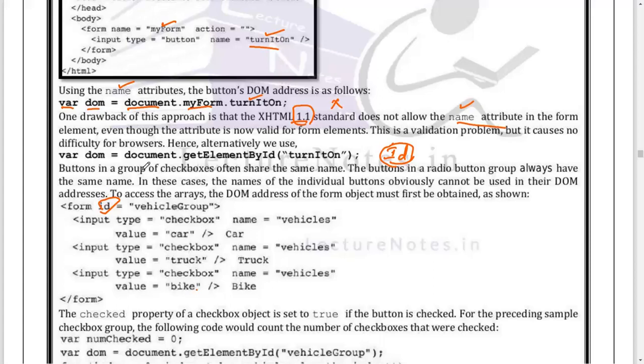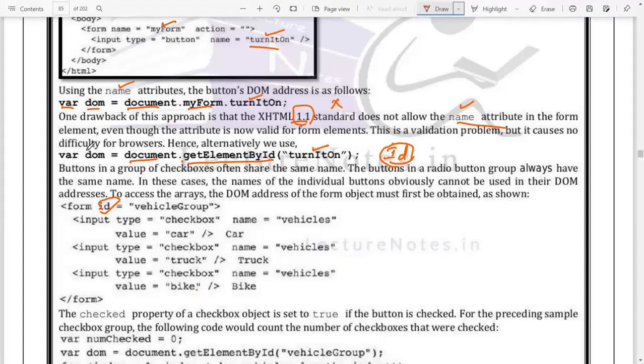Here we use the same document object with a method called getElementById. By using this method I can access that particular element. Here we mention the name of that particular ID, and wherever you use that ID, that element will be stored into this object called DOM.